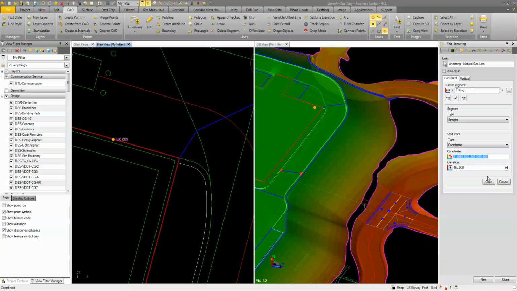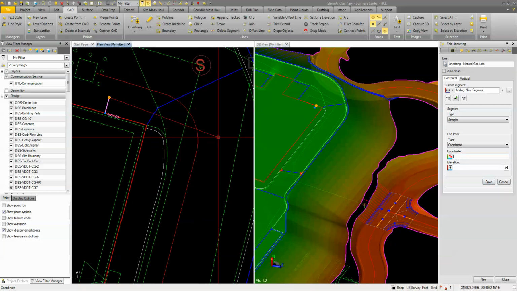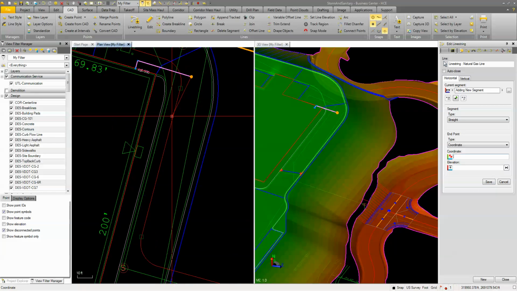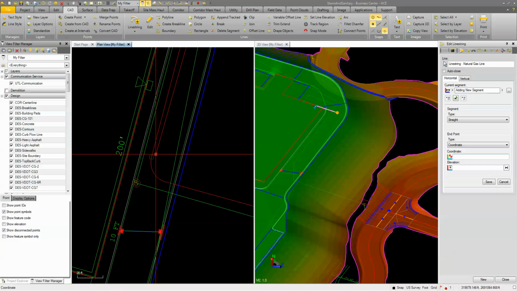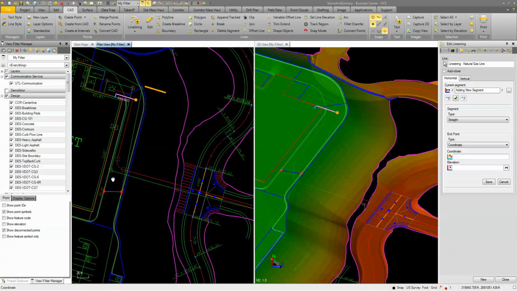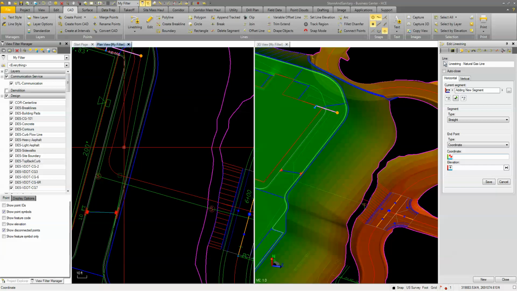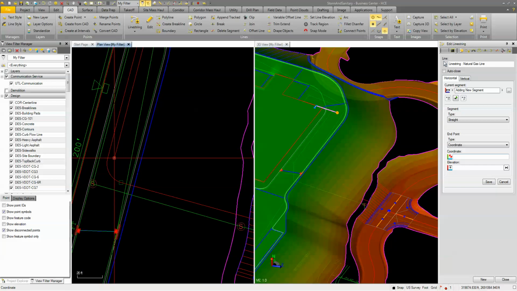And oops, again, I gotta make sure I start a new line segment. So I'll come out. Now again, I could come out perpendicular, I can do my offsets. I'm just gonna save this, and we're gonna come over into here. We'll come back and put our returns in later. So again, we'll just run this parallel to